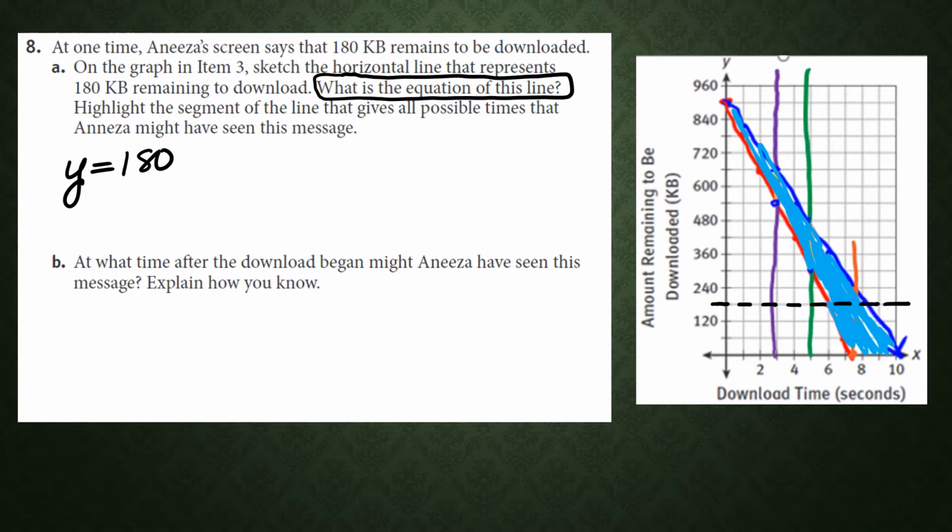And highlight the segment of the line that gives all the possible times Anisa might have seen this message. Well, that's all these right here, from here to here, I guess. And at what time might she have seen the message? So it looks like between 6 seconds and possibly 8.5 seconds. Between 6 and 8.5 seconds,